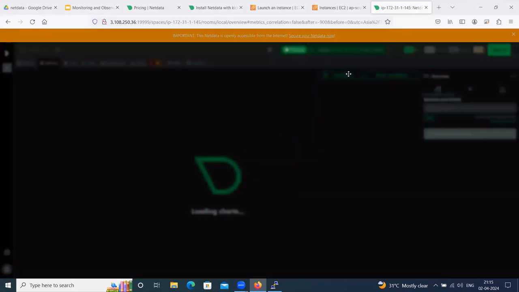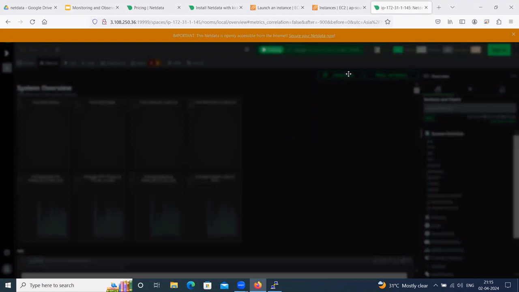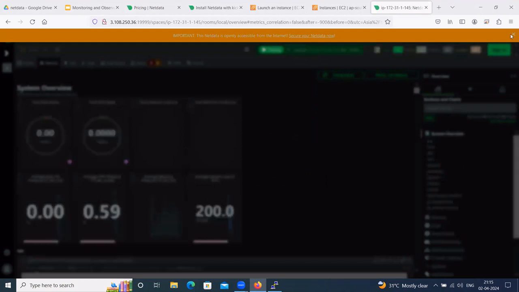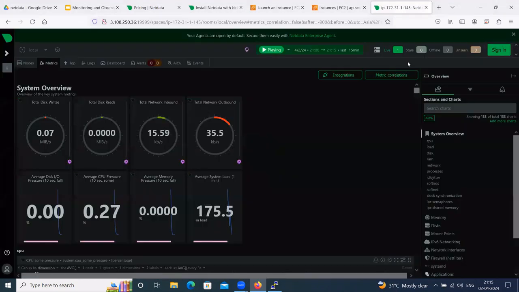So there are no complex, many-step configurations like other tools. Here we just have to run one script, then open the port in the security group or firewall, and we can access our monitoring dashboards. So it's very simple. The install takes within 2 minutes, and we can set up our detailed dashboard